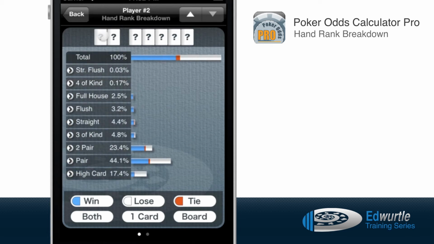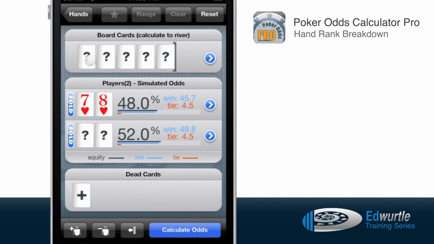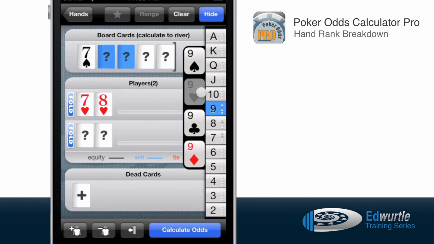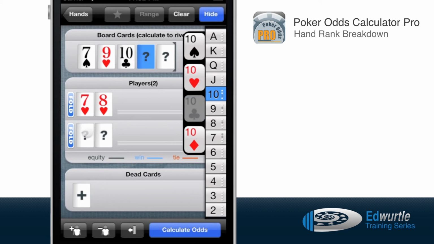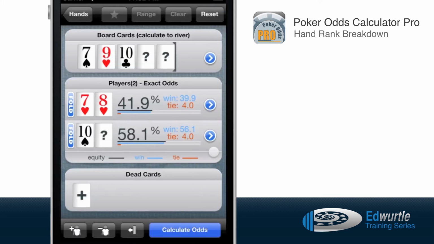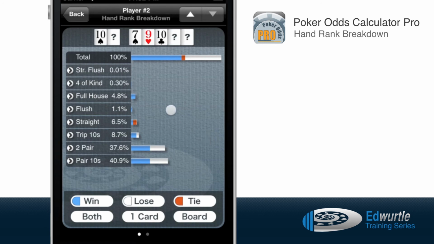And it works, of course, with random cards. It works with known cards. It also works with, let's actually put some board cards up here. It also works with single cards. So if you just have a 10 with a random card, and you go here, now it actually works with 10 and random card. And if you go down to trip 10s here,